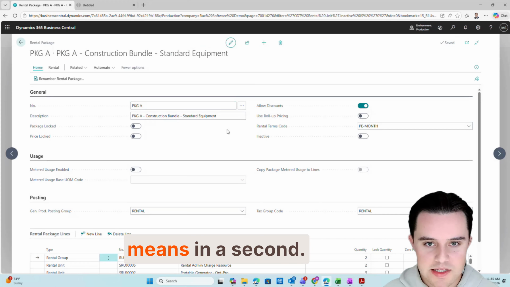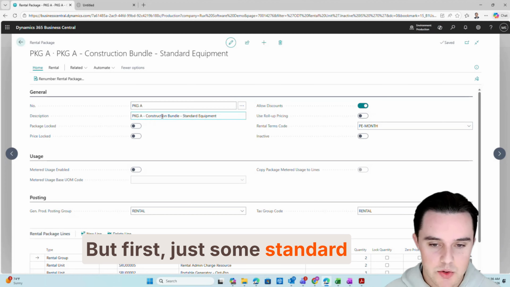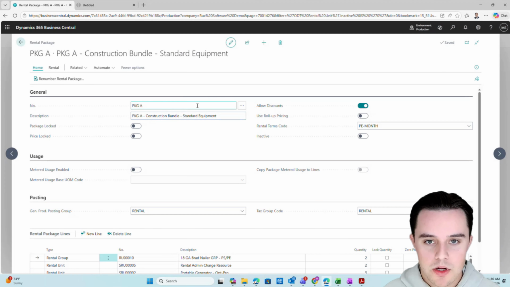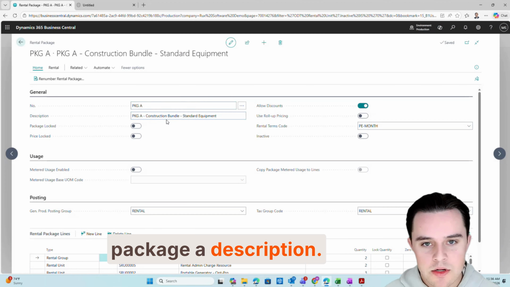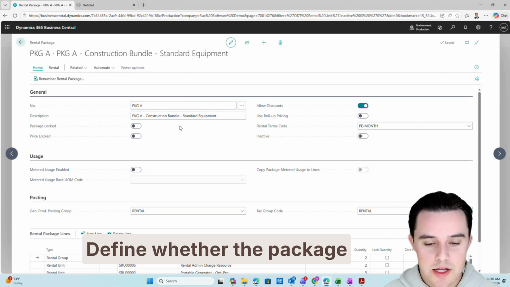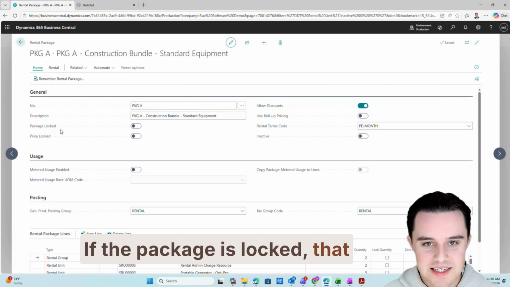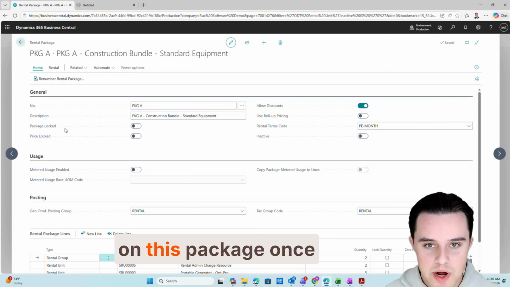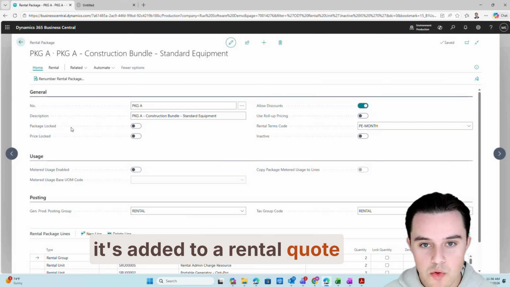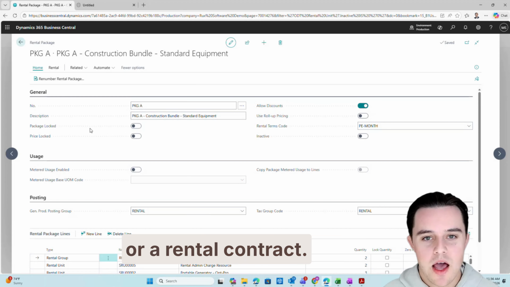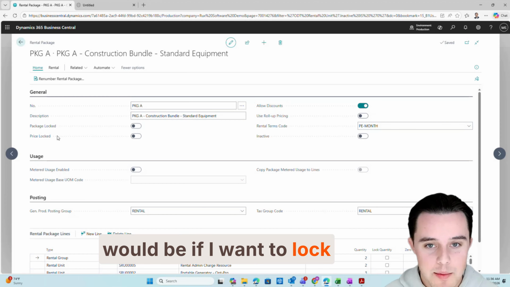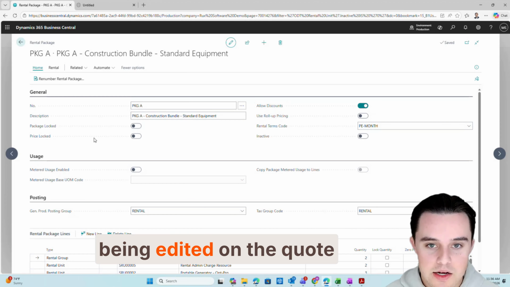I'll get into what that means in a second, but first just some standard setup for my package here. Go ahead and give my package a description. Define whether the package is price locked or locked. If the package is locked, that means I can't modify anything on this package once it's added to a rental quote or a rental contract. And then price locked would be if I want to lock that price down from being edited on the quote